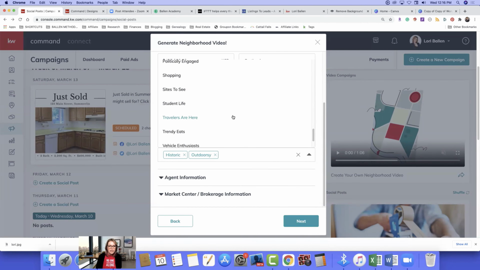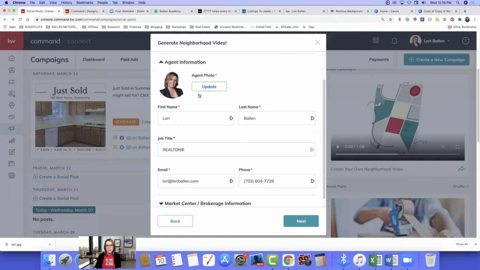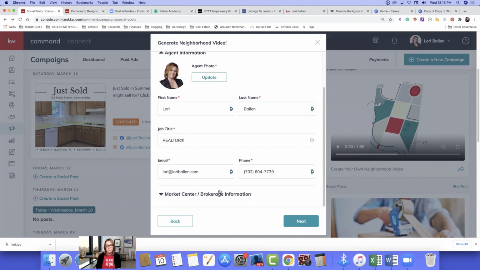That's really cool. Shopping, sights to see, students, trendy eats, wine lovers. Okay, so you can pick whatever one you want in there. And it says right here, top 3. And then you have your agent information, and it's pulling this agent information directly from your marketing profile, but you